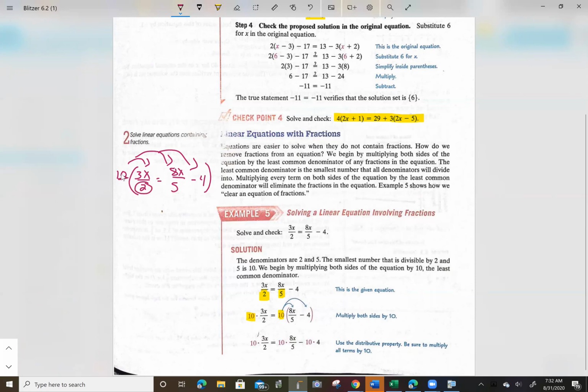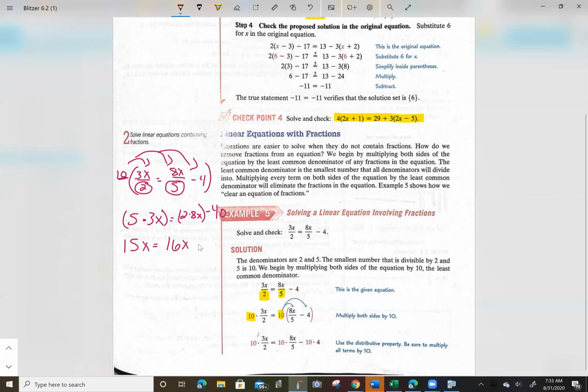So 2 can go into 10 5 times, so what we end up with is 5 times 3x, is equal to, and here 5 can go into 10 twice, so we end up with 2 times 8x, and then -4 times 10 is -40. So on the left-hand side, we actually have 5 times 3x, we actually have 15x equals